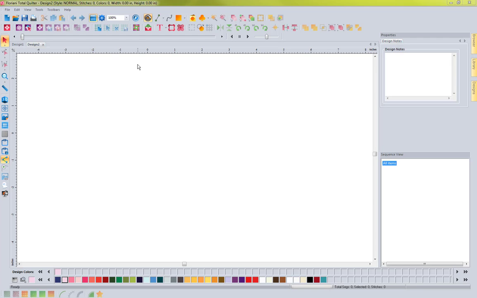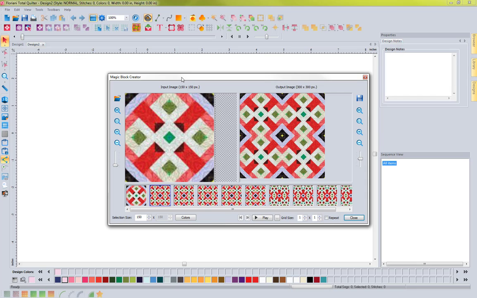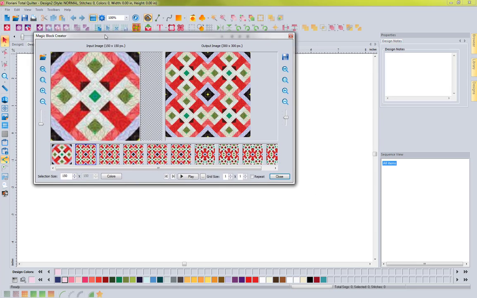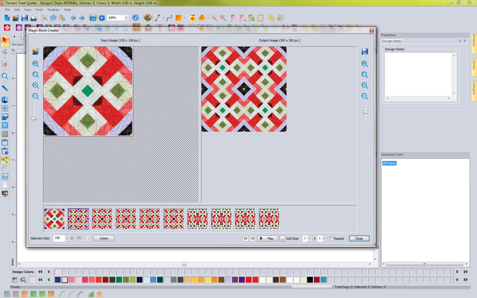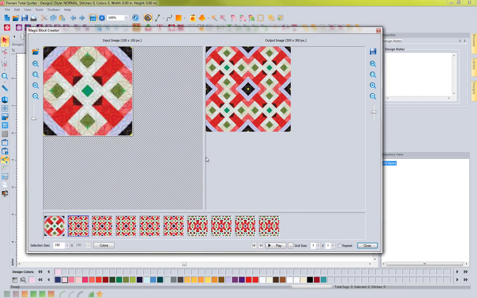You'll notice up in the middle of the software, up at the top, there's this new icon, and that's the Magic Block Creator icon. Go ahead and select that to open it up, and you'll see a preview window come up right away. I'm going to make this a little bit bigger just by expanding it out so that we can see it a little bit better as to what we're doing. You'll notice that it already has something loaded in here. This came from a previous project I was working on, but I'm going to come over here into open an